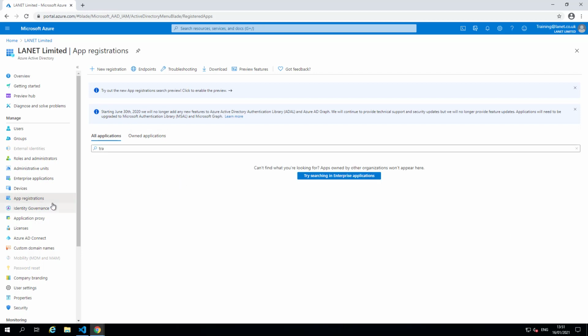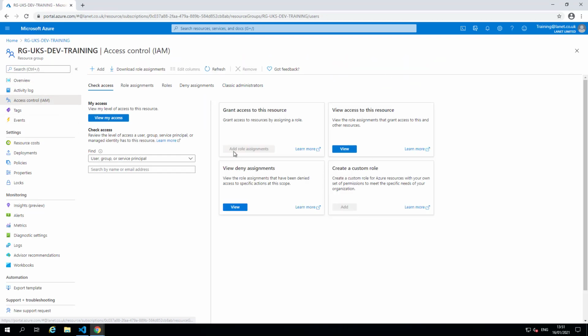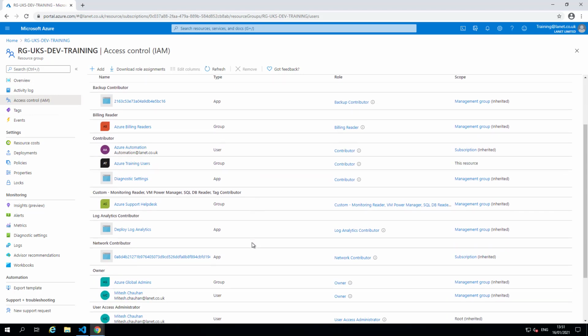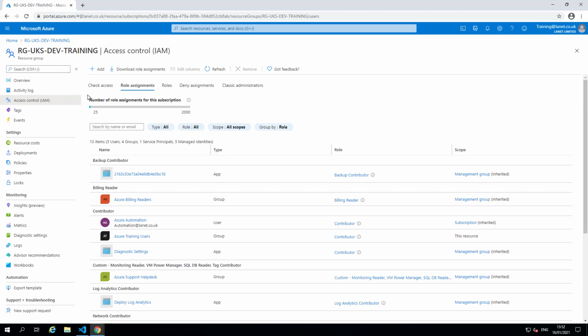Yeah, it's now deleted. Okay, and then if we go back to our dev and prod, we can have a look inside there, and we can see it's tidied up that permission for us for that service principal. So what we can do next, we'll do it via code using Visual Studio Code, and we'll create our own service principal and assign that access in DevOps. So we'll just switch to that.